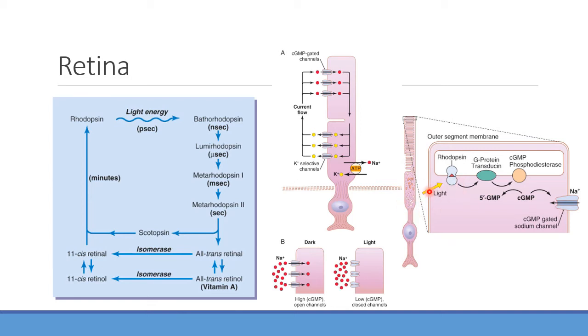When light starts to activate this whole process, you're going to notice that these sodium channels close. Light causes sodium channels to close, and it does that because it causes rhodopsin to activate this protein here, which you don't need to memorize the name of. Basically what it is activating is phosphodiesterase. Phosphodiesterase then causes the cGMP to be broken down, and without it around, these sodium channels close. So that's what happens when you see light.